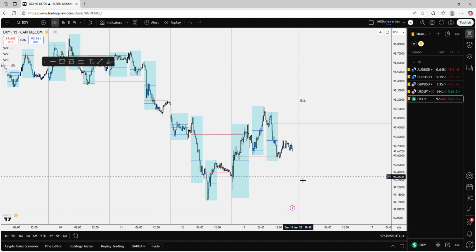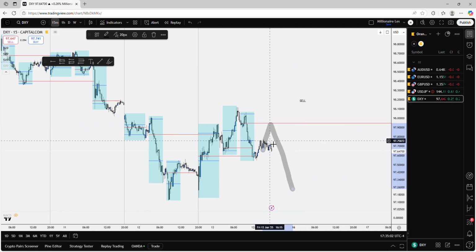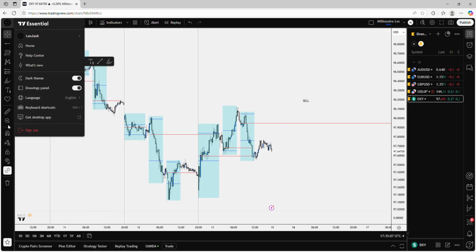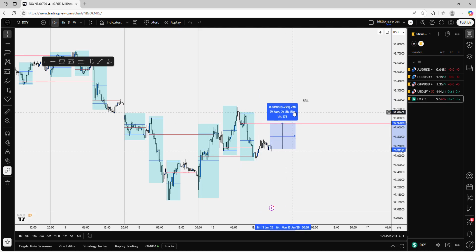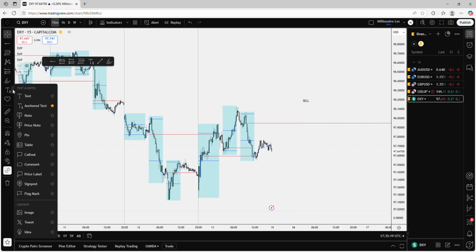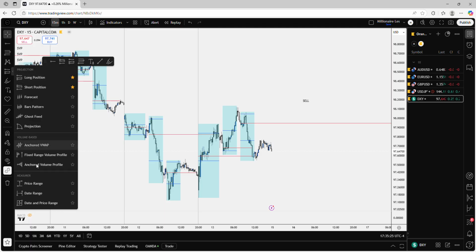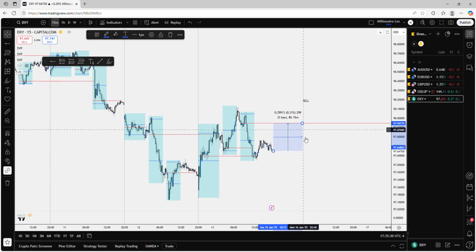The DXY, the reason why I like it is because it kind of gives me a gauge on how far price is going to pull back before going to wherever it needs to go. So here, let me see if I can find my measuring tool and do some type of proximity. But here, if the DXY pulls back, this is their equivalent to a pip, right? 286 pips. Let me see if I can find a better measuring tool. All right, boom. DXY pulls back right here, right?